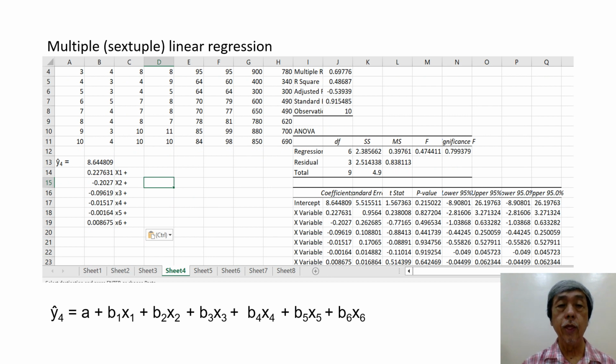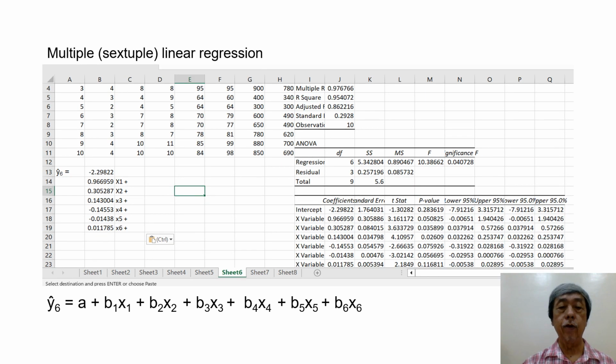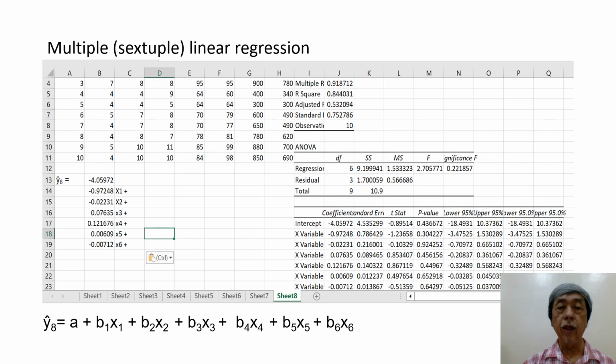For the fourth dependent variable. For the fifth dependent variable. For the sixth dependent variable. For the seventh dependent variable. And for the eighth dependent variable.